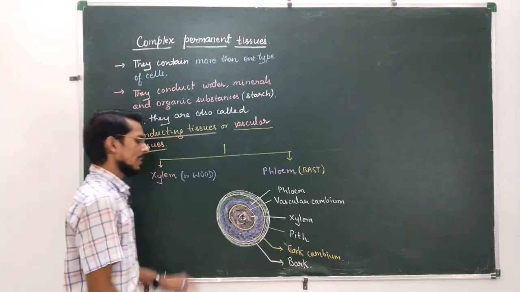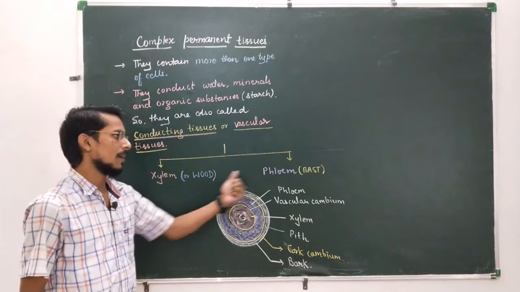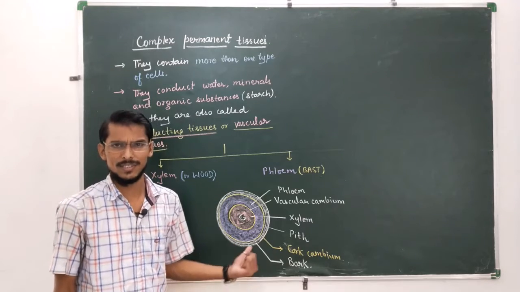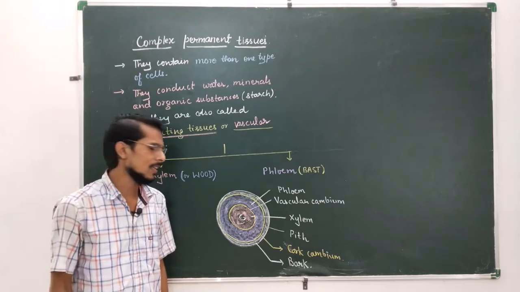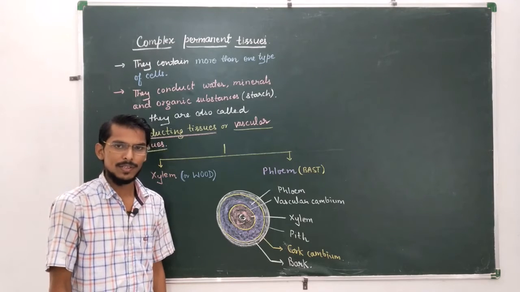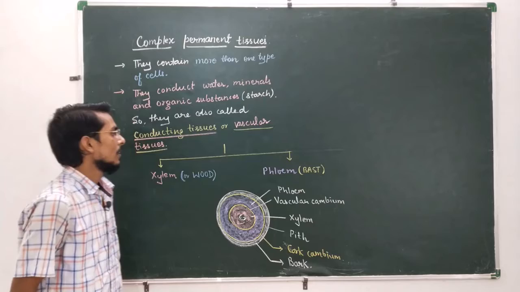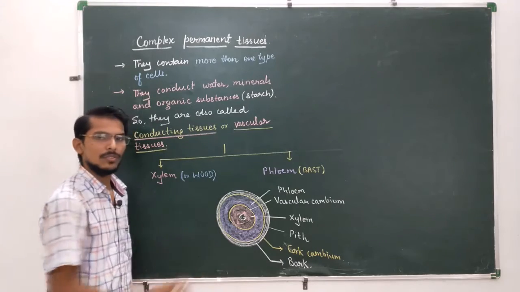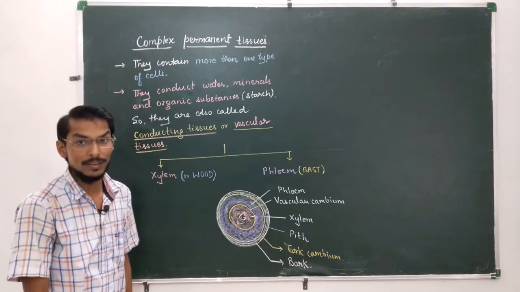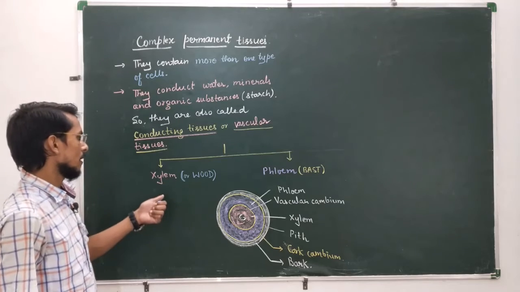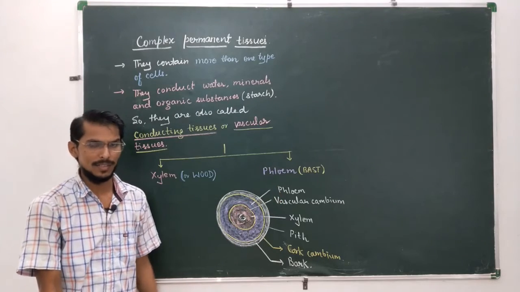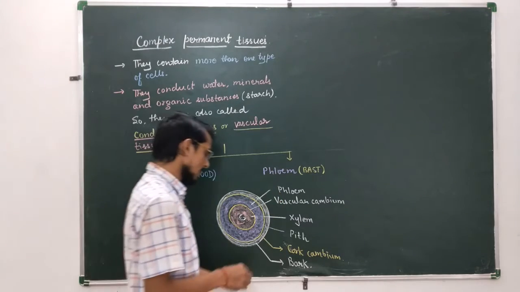Okay, this is the cross section view of xylem and phloem in the plant stem. Okay, in the same way you will get structure in the root also, but there will be slight difference. But the common thing is that you will see that xylem and phloem are also present in roots of the dicot plant. Okay, so this is just a generalized view so that you can understand the concept regarding the position of complex permanent tissues. Now let us know some details about xylem and phloem. What are their constituents and what are their characteristics? Okay, so first tissue is xylem.